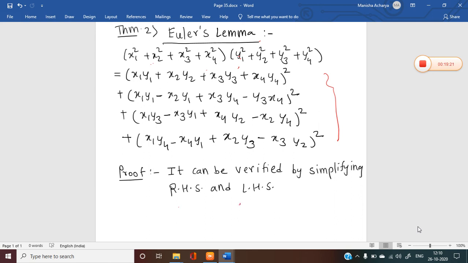Up till now this result was never asked in exam, because it's very simple, very straightforward. Okay, but you have to remember these terms, because here we are getting that if each term is a sum of 4 squares, then that product can be expressed as a sum of 4 squares. So this is the concept which we are going to use to prove that every integer n can be expressed as a sum of